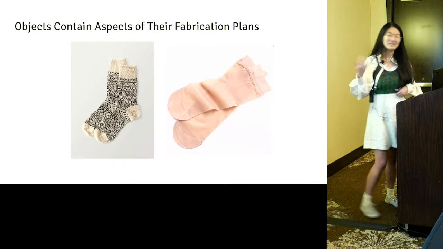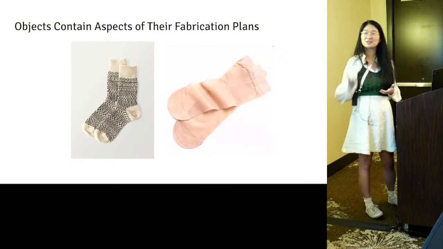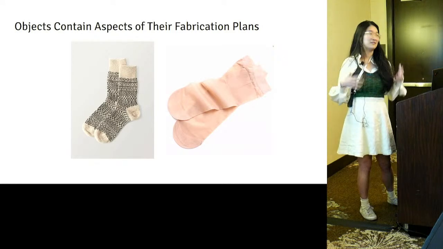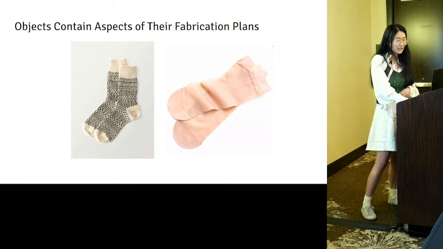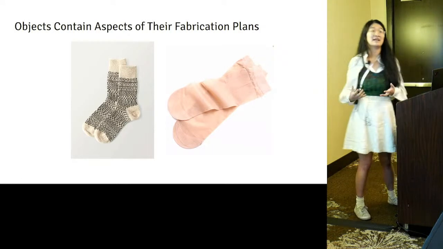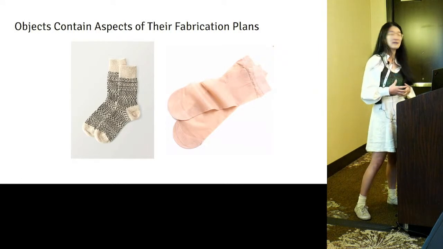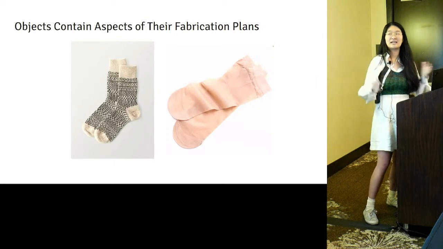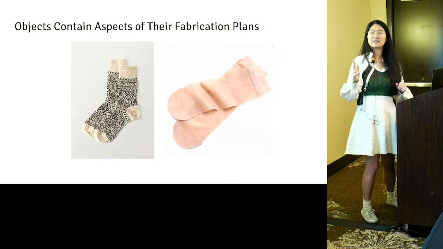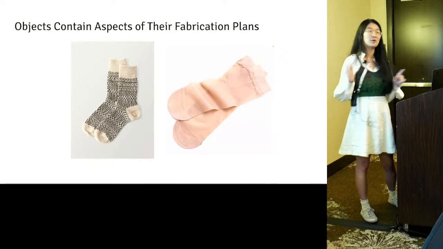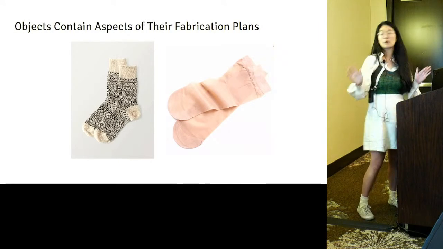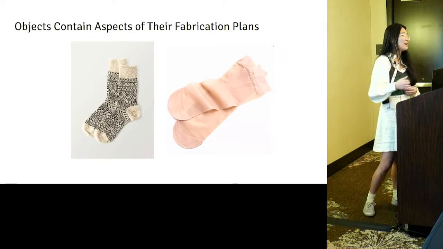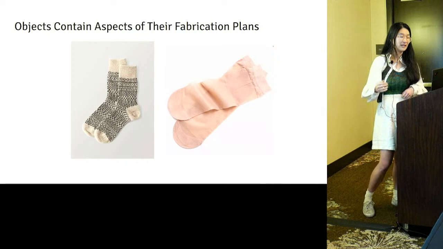And probably, exactly, you could have guessed they're made of two different materials. Maybe you could say, the one on the left is made of wool, and the one on the right is made of nylon or something. And if you have a certain amount of expertise, you might be able to say even more about those fabrication plans. Like you could say, okay, the sock on the left is stranded knit, it's knit in the round, it has a fish lips kiss heel, and so on and so forth. And the one on the right is warp knit, it has a denier of 20, and so on. And so the more expertise that you have, the more you can say about the fabrication plan.